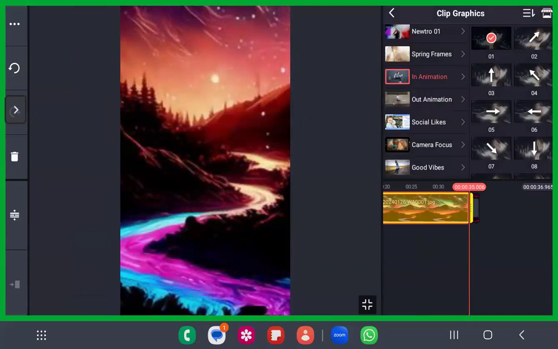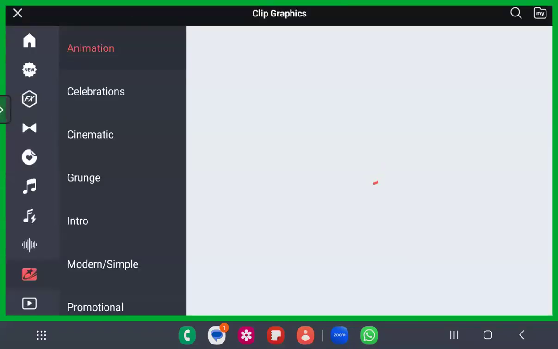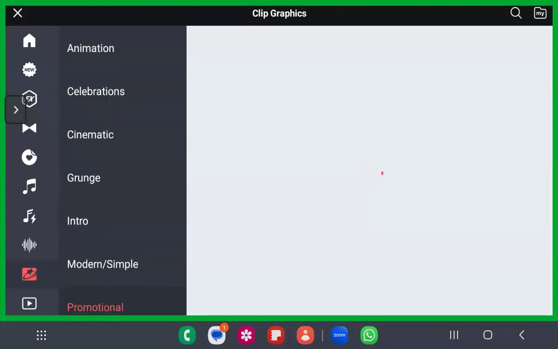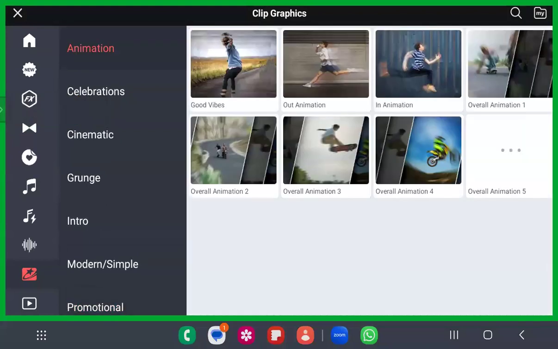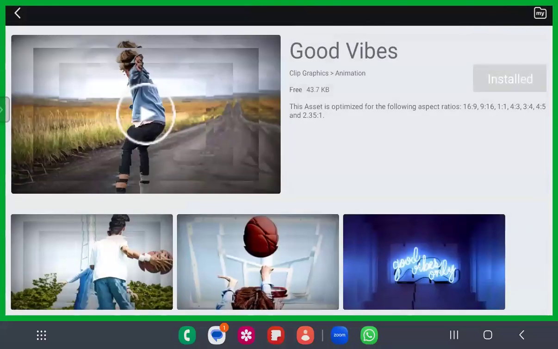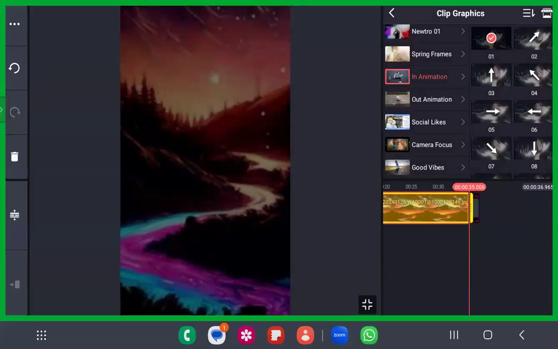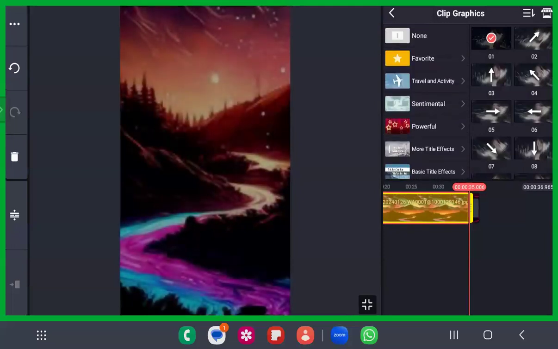When you click on this option, you will directly go to the clip graphics and you will have so many things in the asset store based on the clip graphics. All of these are from the clip graphics. So you can download any of it. Just now I showed you, you can just download Good Vibes. You just install it, and that will appear on the clip graphics. Close it up, it will appear here. Fine. Hope you all have found this class interesting, and we hope you all have gained so much through this class, inshallah.